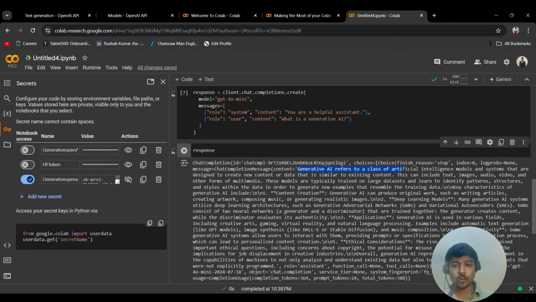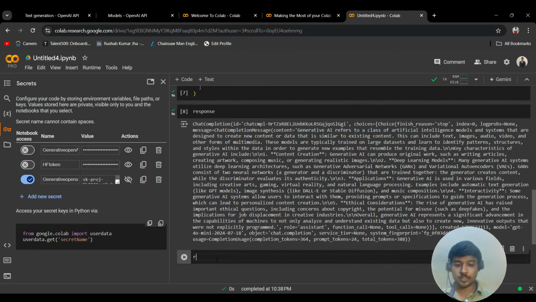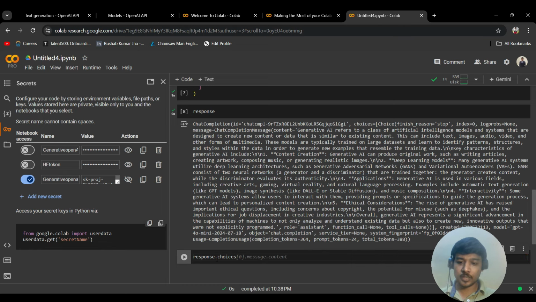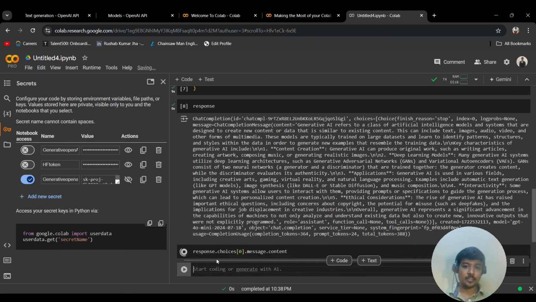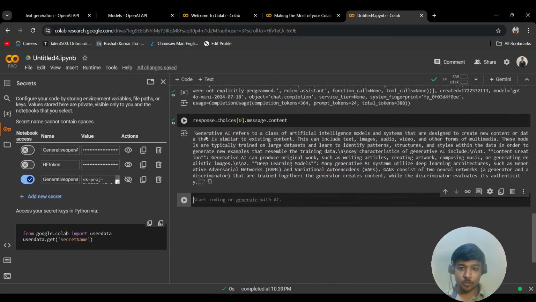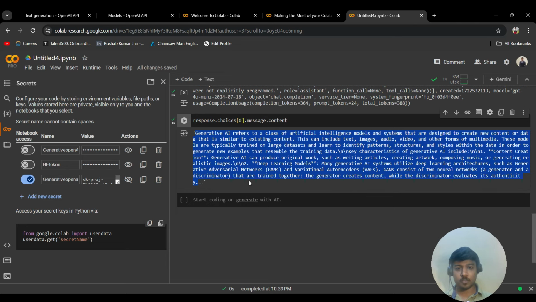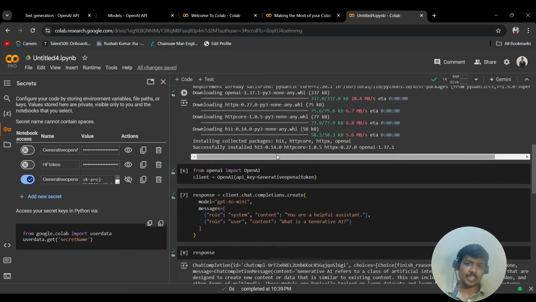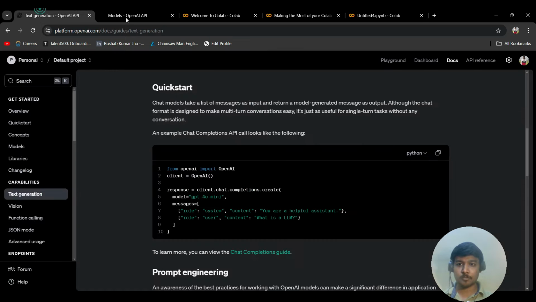If you want to see only the text and not the things previously shown, then you can write a piece of code that I'm writing over here. Just follow the steps and it will be pretty simple. Response dot choices. Let's write it down, and you can type this particular code and run it. It will remove the previous things and you'll only see the piece of text. You can go through it, copy it, and paste it into a Word document for later reference. See how easy it is to run. So we have seen exactly what text generation is all about. I'll show you a couple of other things, but before that, we'll go to a very interesting part of OpenAI, that is Playground.